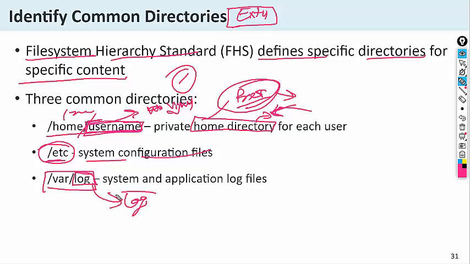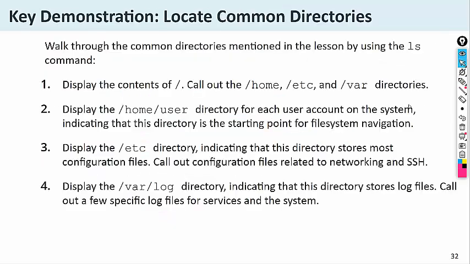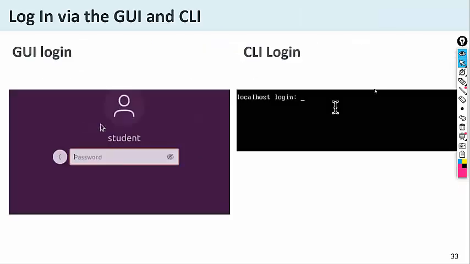We have discussed it already. A log is system generated data which records all types of events that happen inside the system. Now we will display the content of /home, /etc, and /var/log in a demonstration.